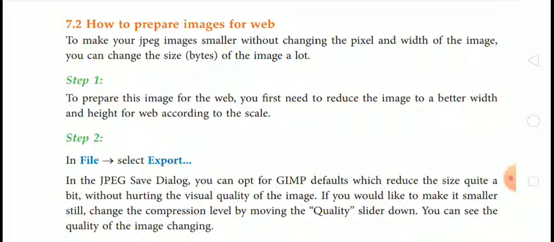For that, step 1 is to prepare the image for the web. You first need to reduce the image to a better width and height for the web according to the scale. Means with the scale function you can reduce the height and width of the image for your website.